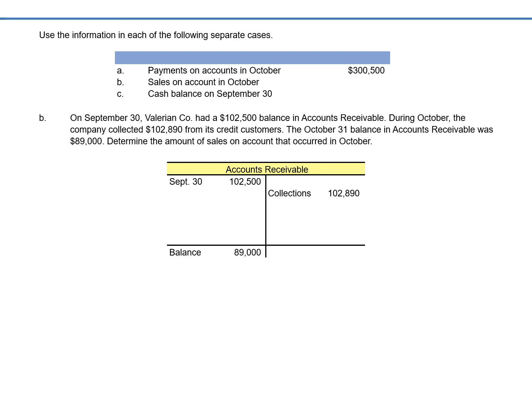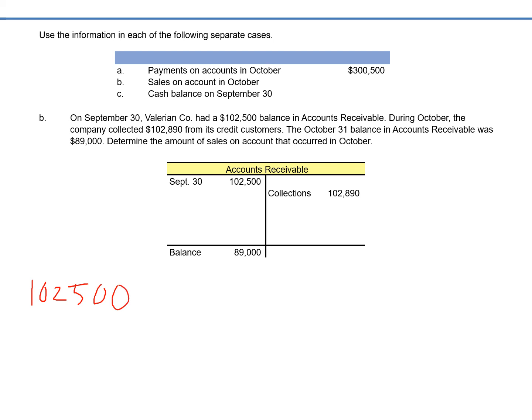It's an asset account. And we've said that we increase assets with debits, right? So they're asking us to fill in the missing debit for the sales that were made during the month of October. And you can do this one of two ways. It's almost like an algebra problem, really, which I know I say that and probably scare a lot of you, but what we're trying to say is